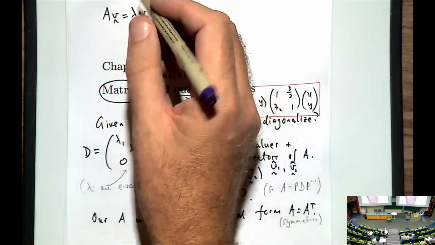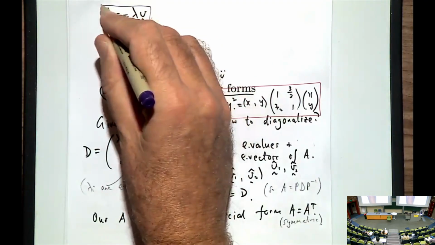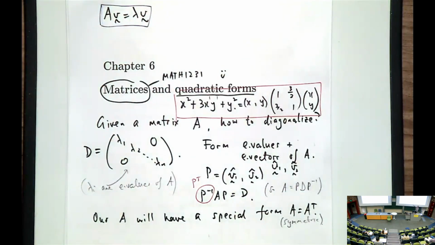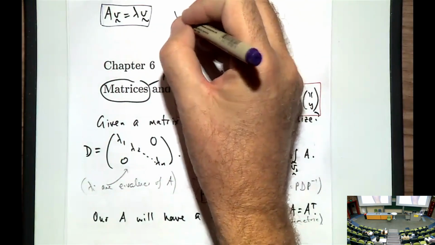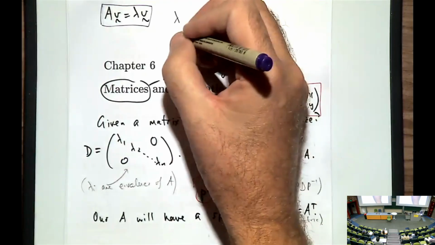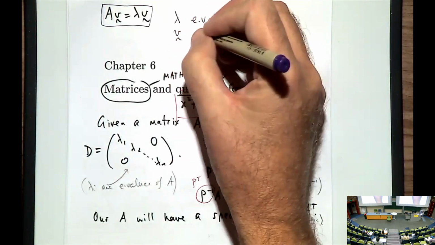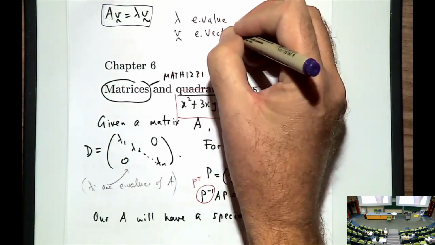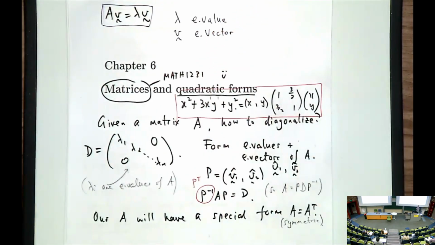So for those non-zero values where that equation holds, we talk about lambda as an eigenvalue and v as the corresponding eigenvector. Okay, so A is just a square matrix here. So that's what you see in first year, and you want to find the lambdas, find the v's, and then